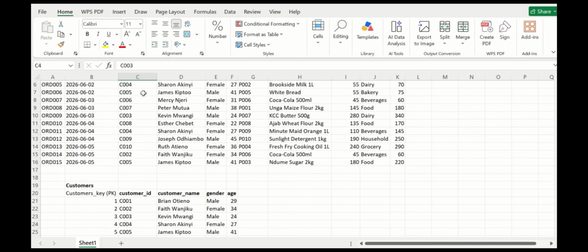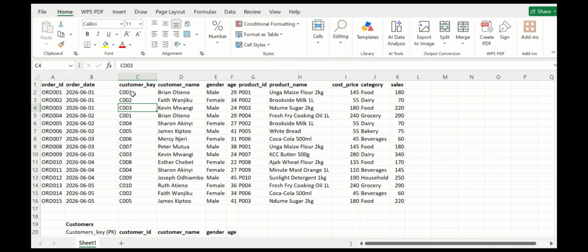Now, for example, customer 1 will be customer key 1, this one will be 2, this one is customer 3, customer 001 is 1, customer 004 is 4, 5 is 5,